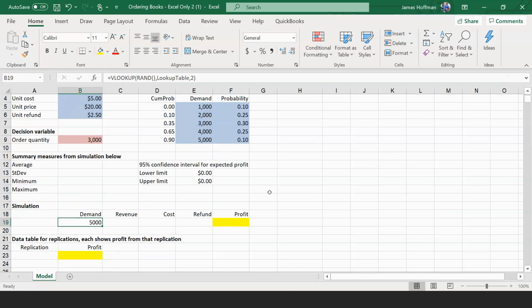And then do the revenue. In C19, this is equal to